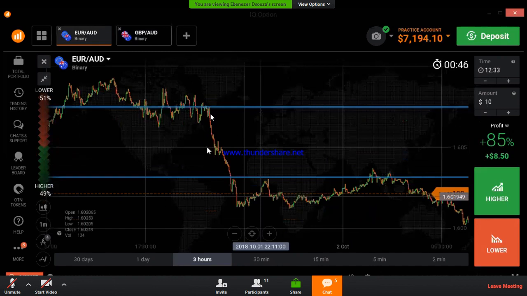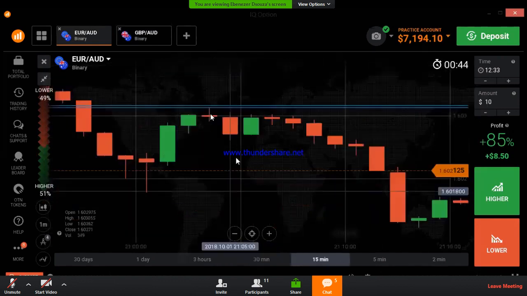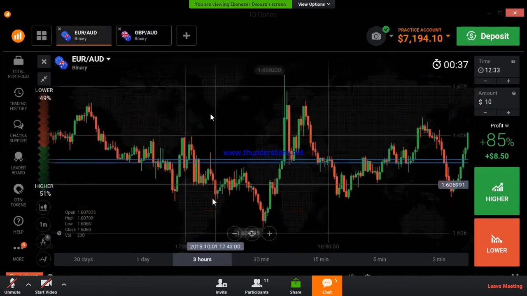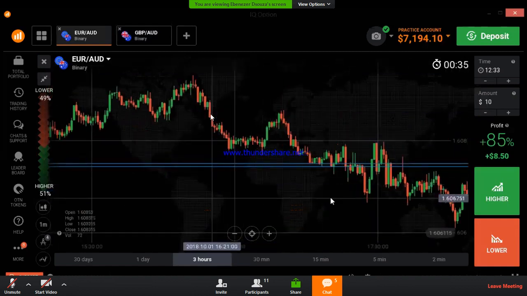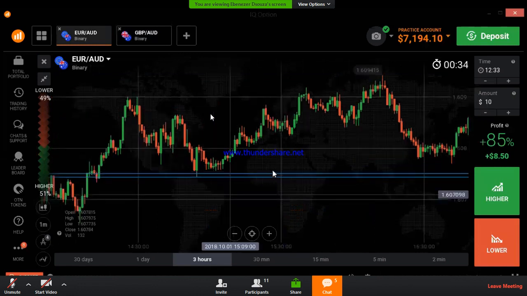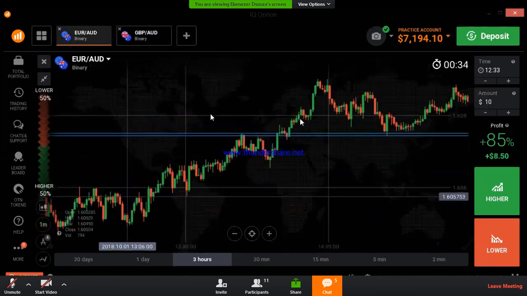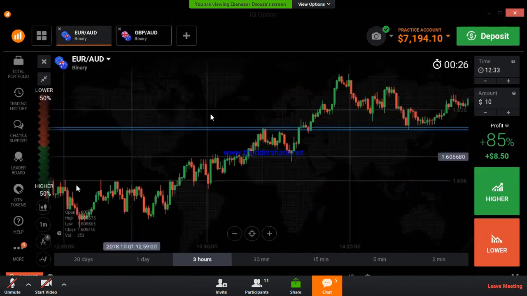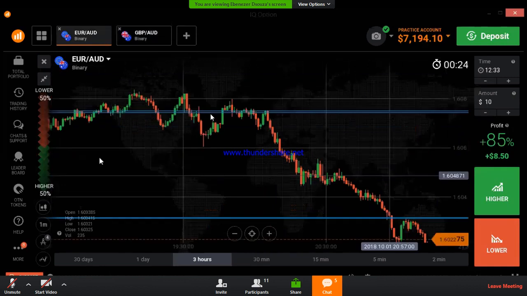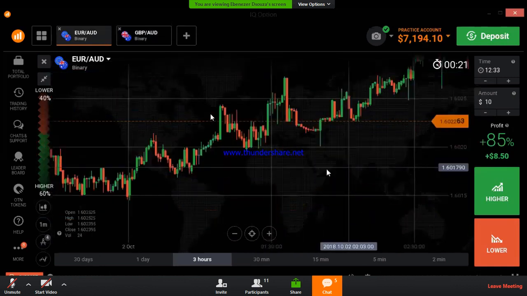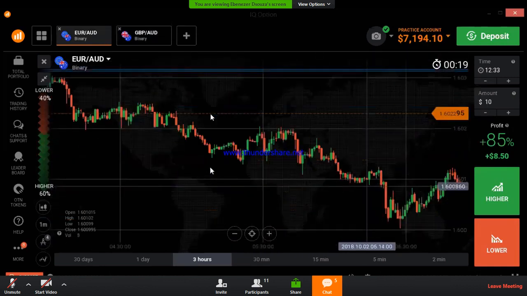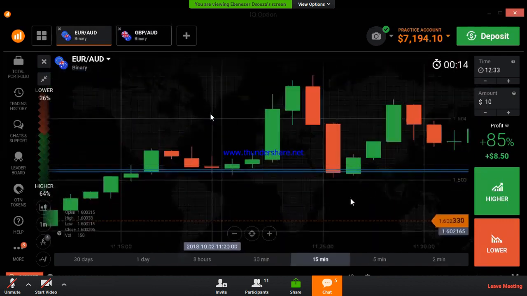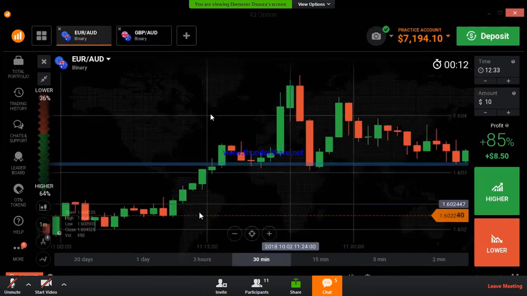So this is a spinning top, but far from the level. So most of the time, it will reverse the market. So we don't know the strength of the level. So if you find a spinning top at a strong level, you can use the candle as a reversal candlestick. You can trade without any confirmation. It will work most of the time. Okay, 90% of the time it will work.